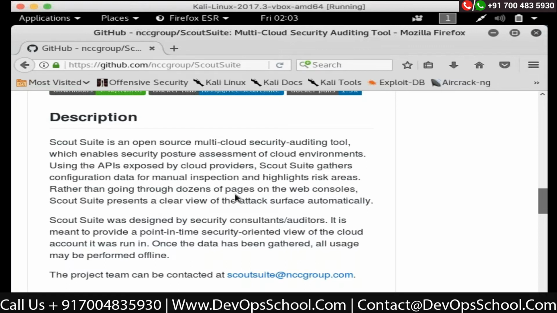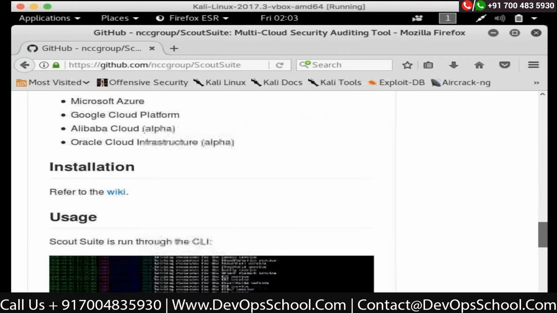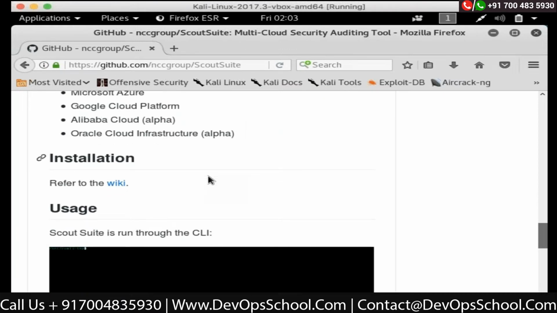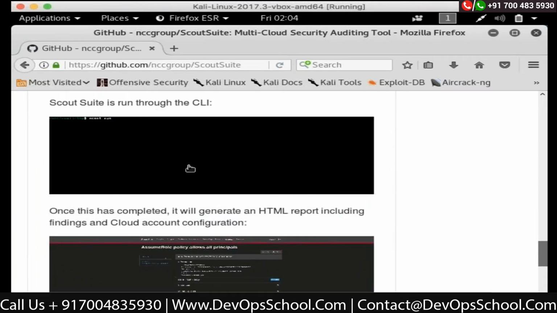Rather than going through dozens of pages on the web console, Scout Suite presents a clear view of the attack surface automatically. Scout Suite is designed for security consultants and auditors, to look for security issues in multiple clouds like Azure, Google Cloud, Alibaba, Oracle. So it gives you an auditing tool, right? It's a very good tool. It's a pip library also. You can just pip install ScoutSuite,